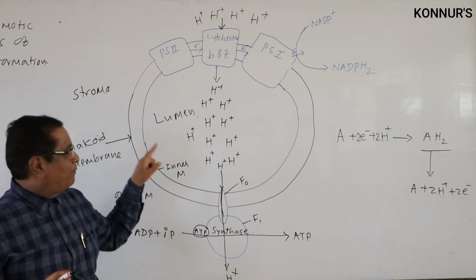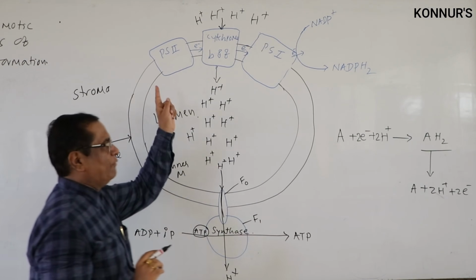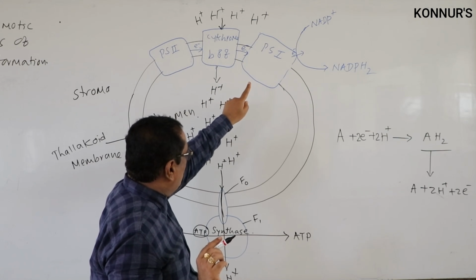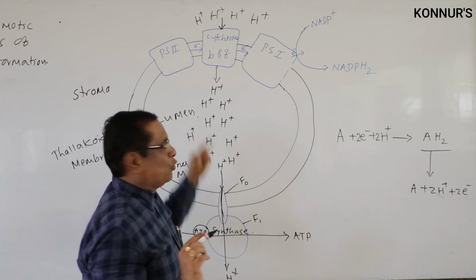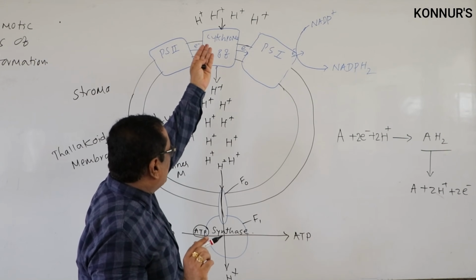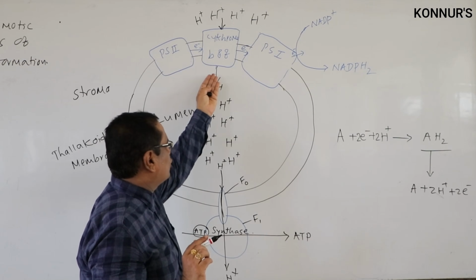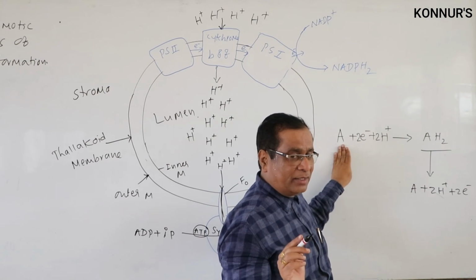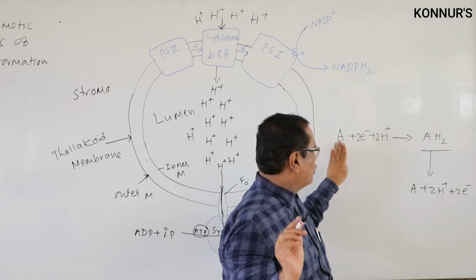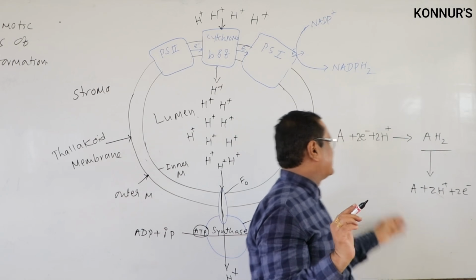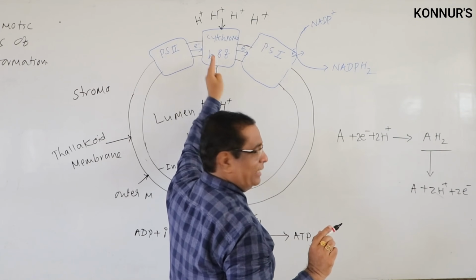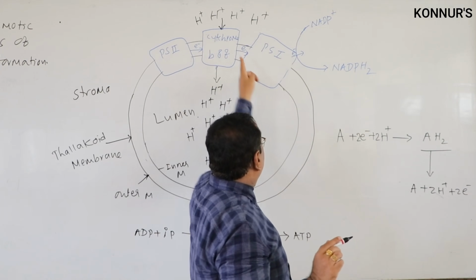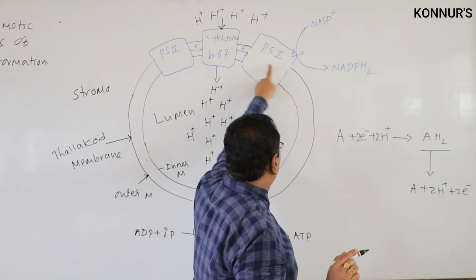Those protons are pumped into the lumen. Whenever an electron comes from photosystem second to that cytochrome B and F complex, a proton from the stroma will also come and A gets reduced to AH2. A is nothing but the cytochrome B and F complex. And now this splits. A is regenerated, meaning B and F are regenerated, and the electrons which are formed go to